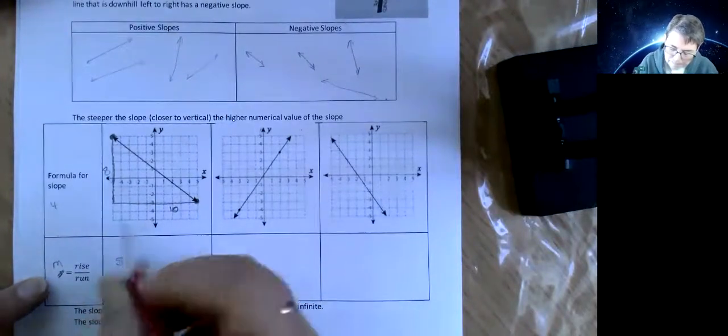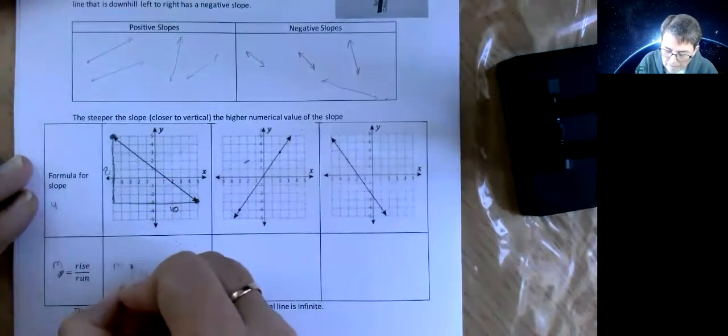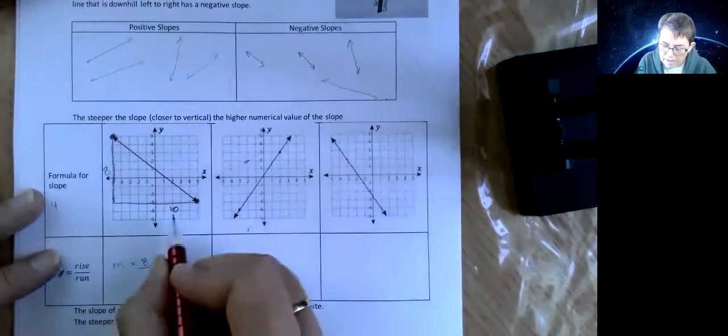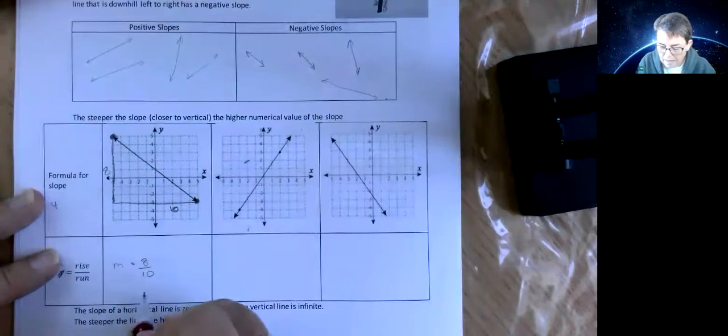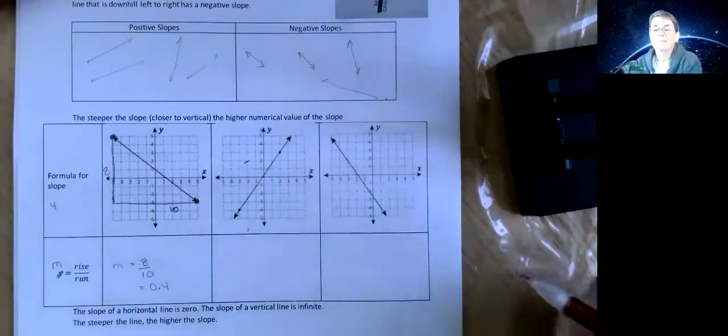So slope, as we said, is equal to my rise. It went 8 up and it went 10 over. So it's going to give me 0.8. And slope doesn't have units on it. It's actually a ratio. So don't have to worry about that. And that's it. But wait,